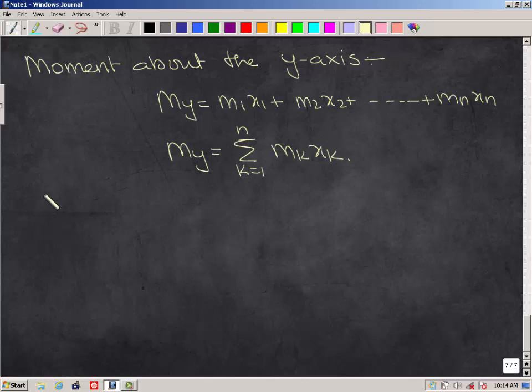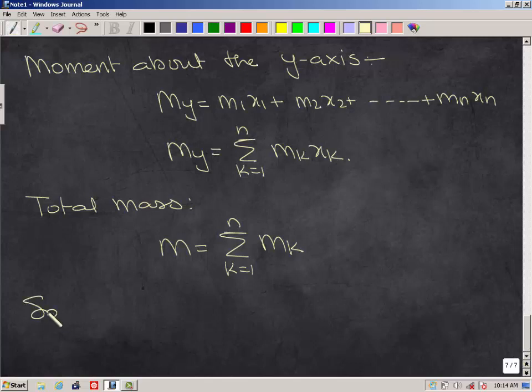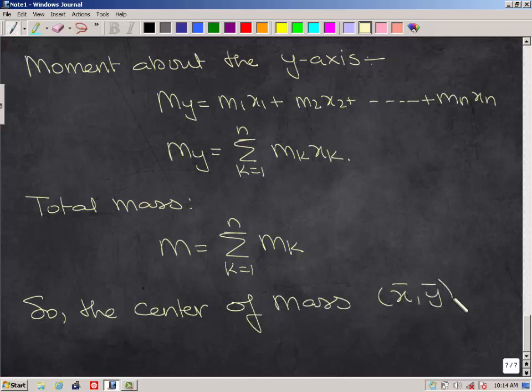Then we also have the total mass of the system. So the total mass is given by M, which is just the summation from k equals 1 to n of m sub k. That's just the total mass. So the center of mass, (x bar, y bar), is